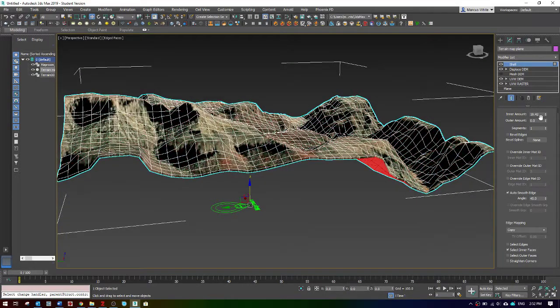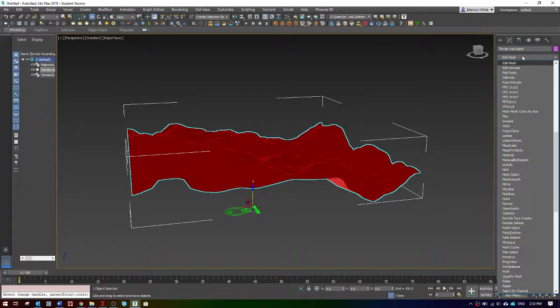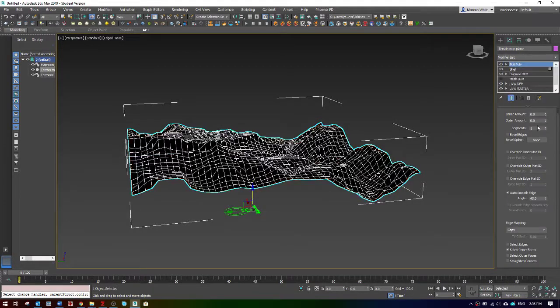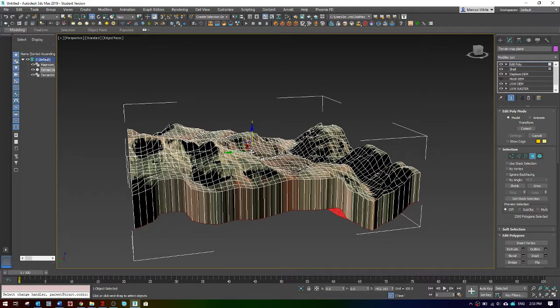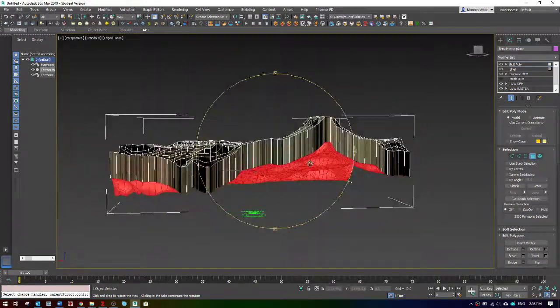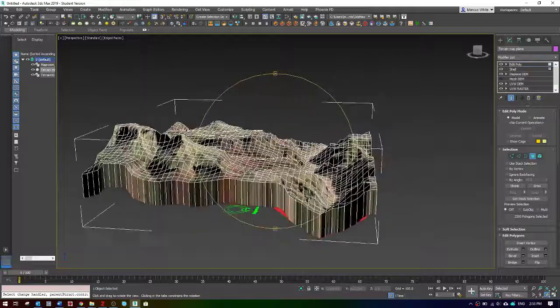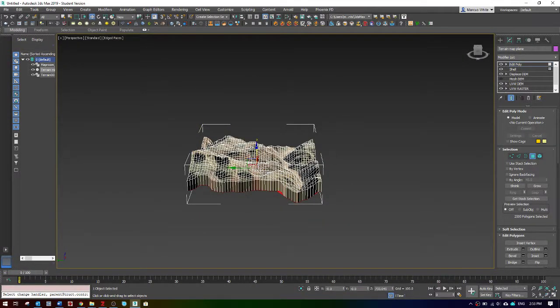Yes, so we want the inner, and then we can do an edit poly, select the sub-object, which is polygon, and then we can move this down, and it sort of thickens it up. And it's a bit like a shell, but what we can do from here, if I just push it down a bit further,